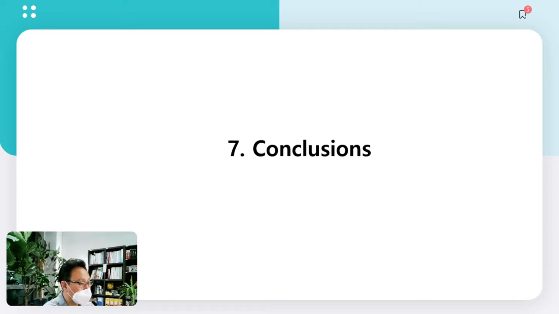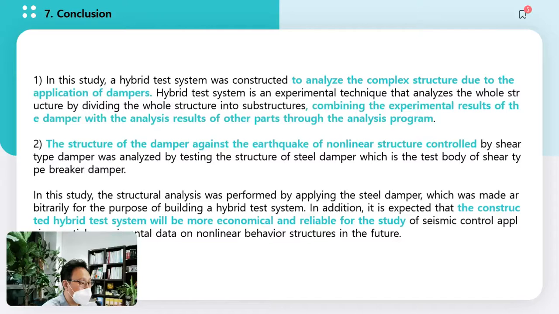Finally, Chapter 7, conclusion. In this study, a hybrid test system was constructed to analyze the complex structure due to the application of dampers. Hybrid test system is an experimental technique that analyzes the whole structure by dividing the whole structure into substructures, combining the experimental result of the damper with the analysis result of the other parts